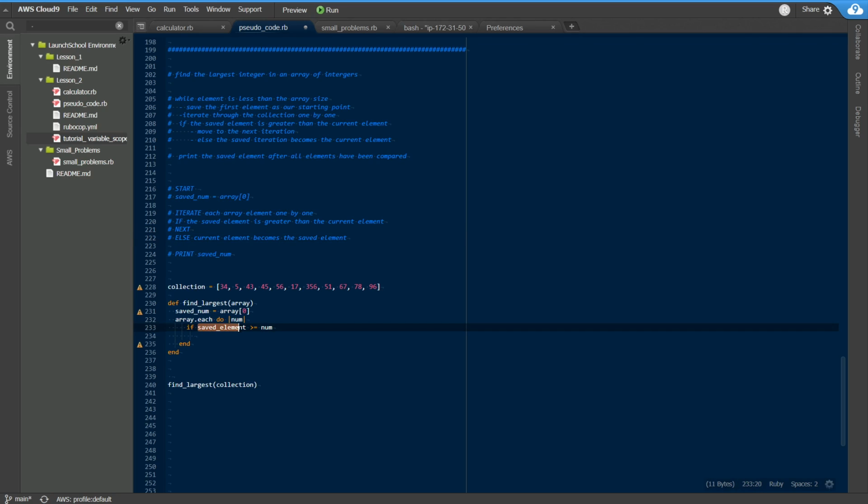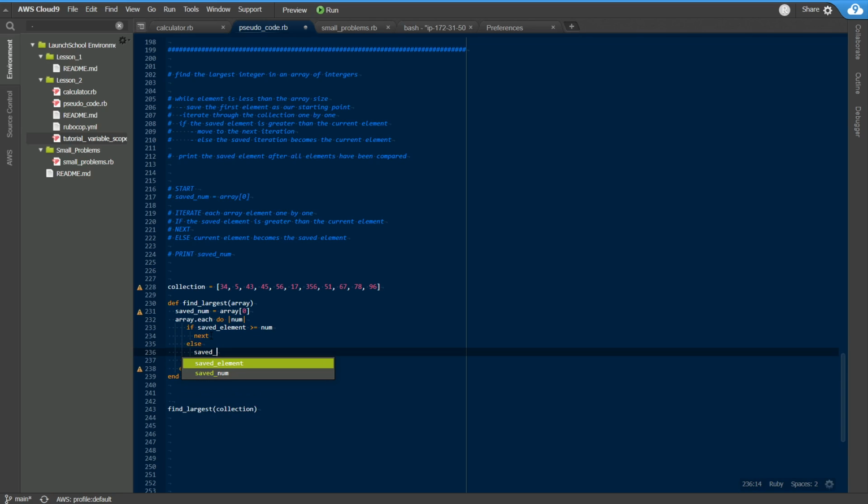So if the saved element is greater or equal to the number, if it's greater, then move to the next one, because if it's already better than this one, we don't even need it. So we'll move to the next one. Else, our saved number, otherwise we want this one to now equal whatever this one is. So it's gonna be save number equal num. And then we can break out of this if statement, and then beneath the end we can actually call